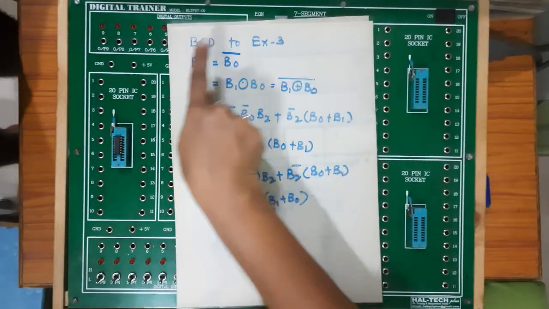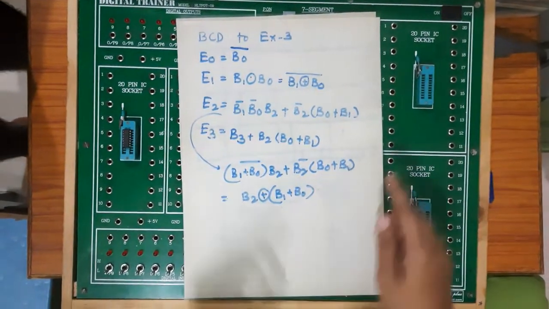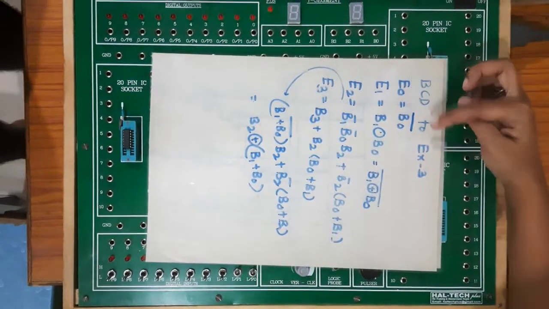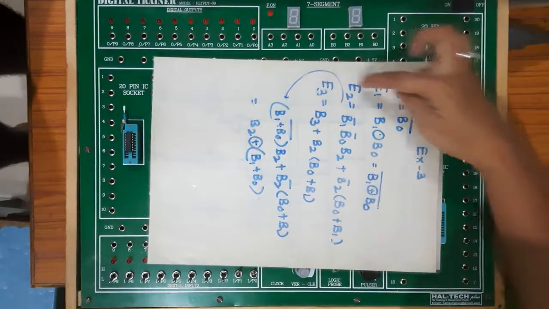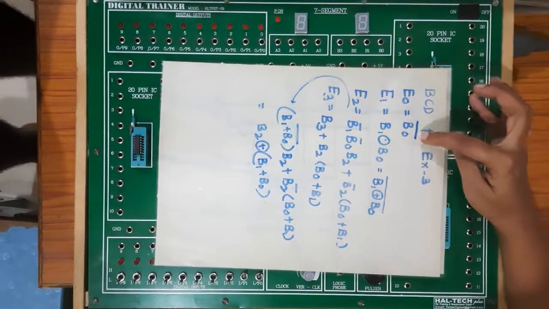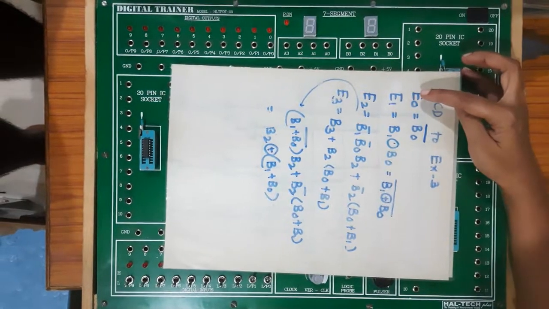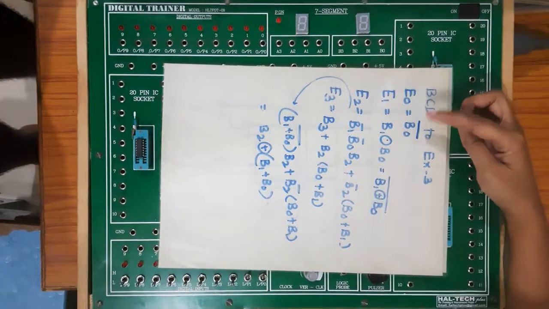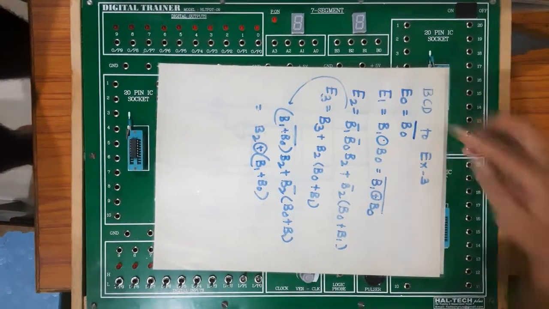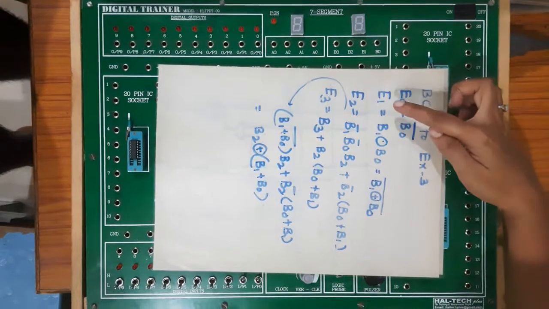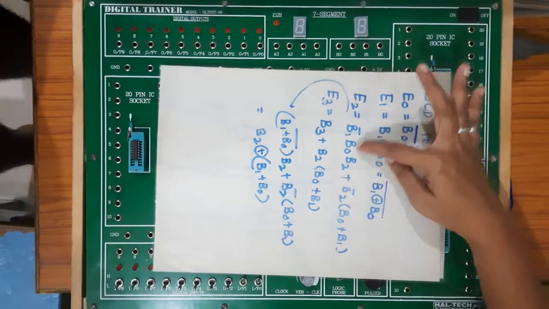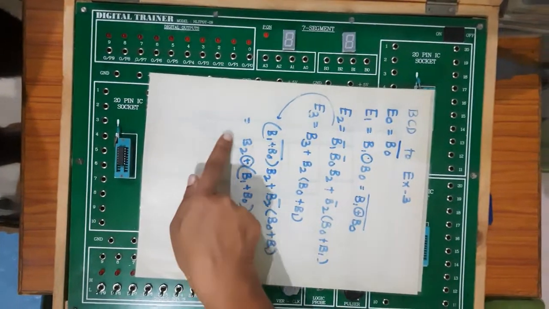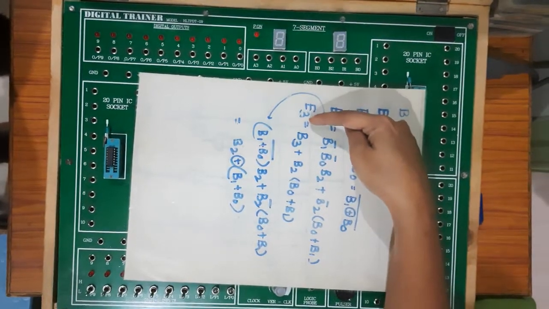So the first part is BCD to XS3. Now I hope you all have those equations in your hand. We are trying to get the XS3 bits from the BCD bits, so input will be my BCD and output will be XS3. These equations are with you all, so I'm just copying them from the theory part. E0 can be obtained by B0 bar, and even this way. For E2, we have identified this equation that can be simplified this way, and this will be my final equation for E2, and this is the equation for E3.